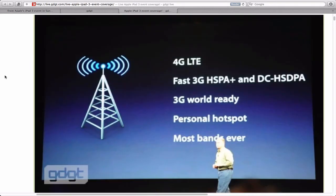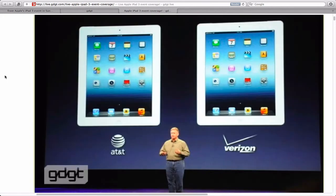It's only been like 37 minutes, and I feel like we've been through like 2 hours of information. I know, that's how it always is. Well, that just means they have a lot packed in to demonstrate and show off. Most fans ever. Wow, that is awesome. Now, AT&T and Verizon, I just can't believe this. This is a great day. I knew this would be an exciting event, but I didn't know it would be this exciting. I was really on the fence too whether or not they were gonna